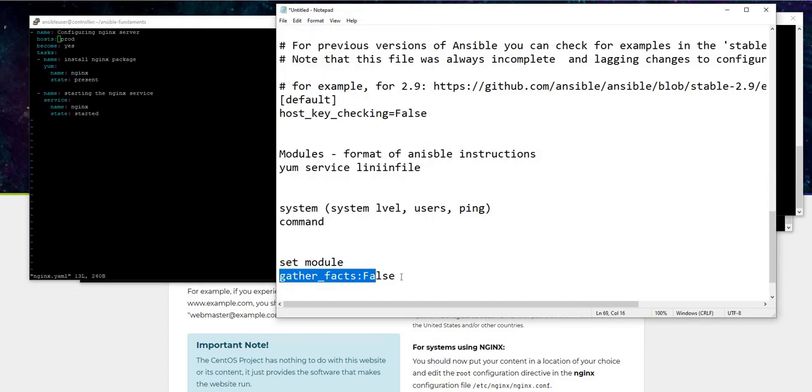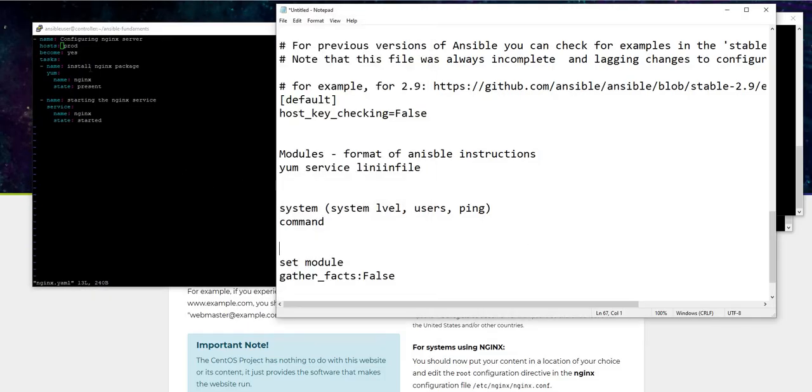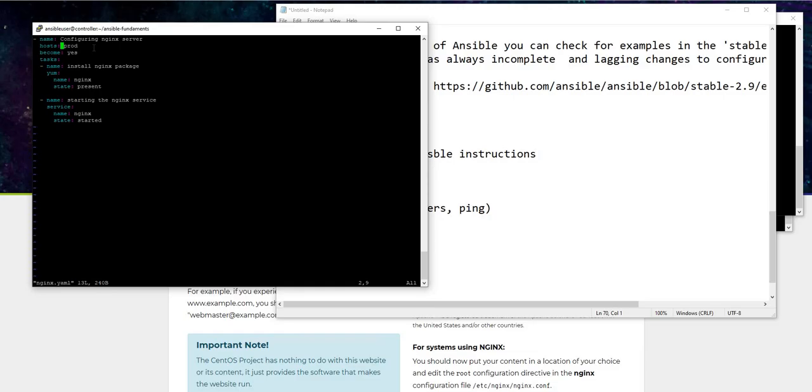But if you are using some kind of variable, in the next class we'll probably discuss variables, what a variable is and how you can call it. Then this is the way. Now if it is explicit, and you want to be gathering the facts,